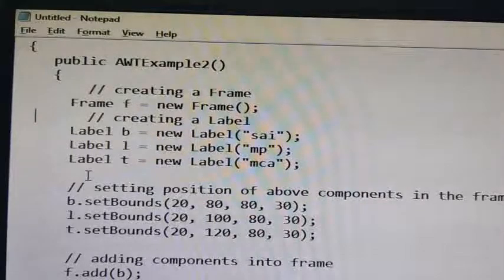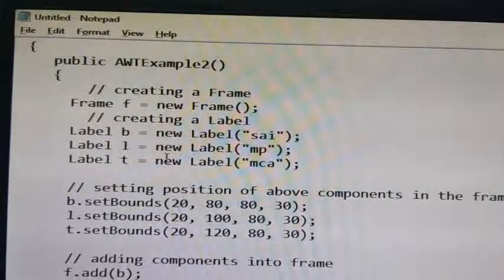But if you want to display a name, you can give a label and a text field also. For an address, you can mainly use a text area. Here I am just explaining with a label. You can use a text area to give information like multi-line text. Actually, an address is multi-line text, so when you want to give multi-line text, you can use a text area. So whether it is a text field or a text area,